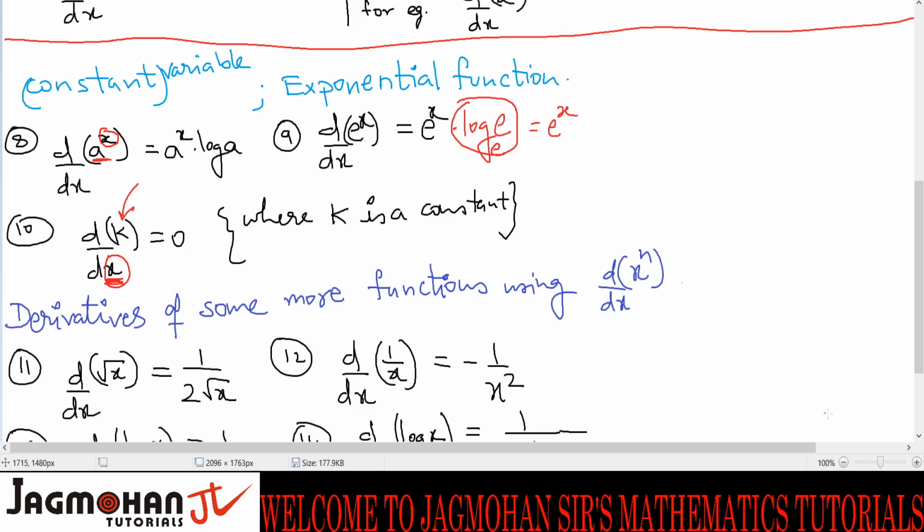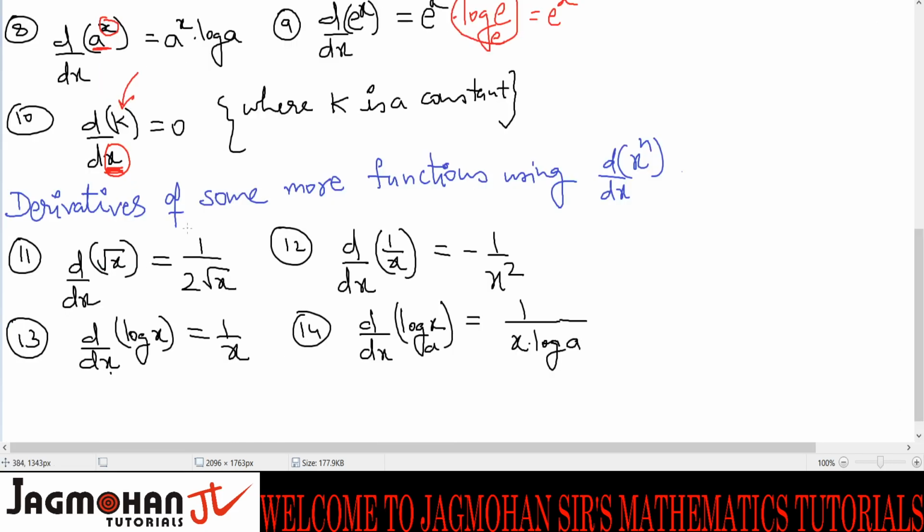So after this we have derivatives of some more functions using x raised to n, that is variable raised to constant, which you remember. What was it equal to? It was equal to n into x raised to n minus 1. So here we are using this